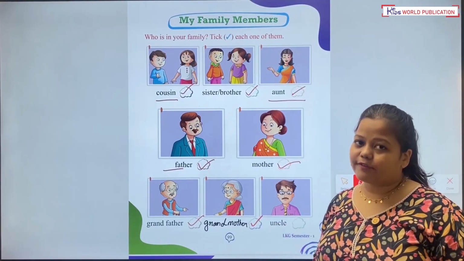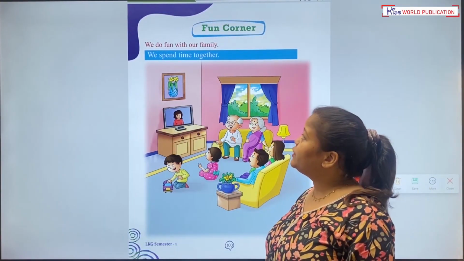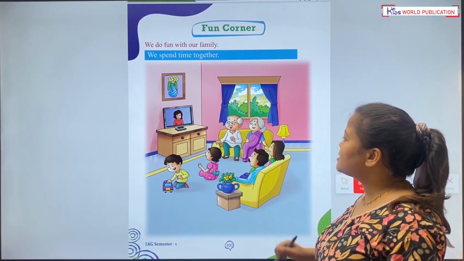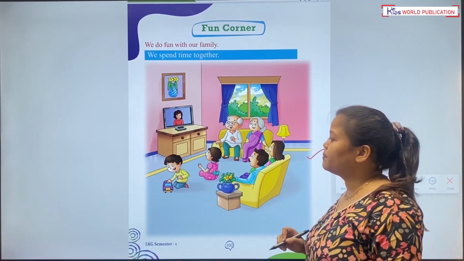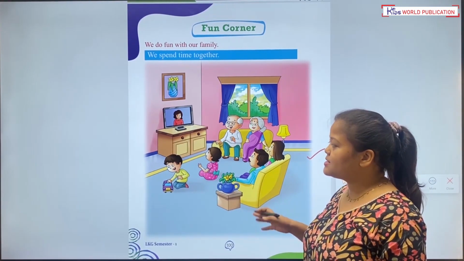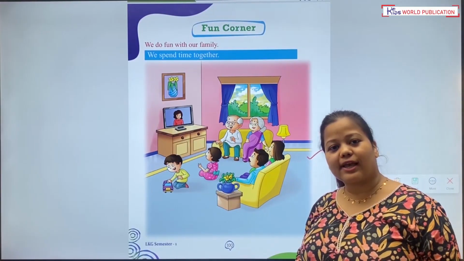Uncle, if your uncle lives with you, you will also tick the box. Fun corner. We have fun with our family. We spend time together. So kids, this is a picture of a family sitting together watching television and kids are playing here. So this is how family has fun together.